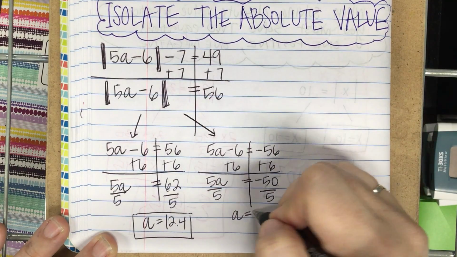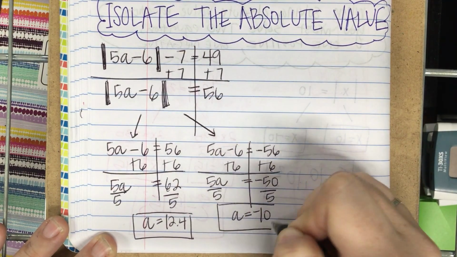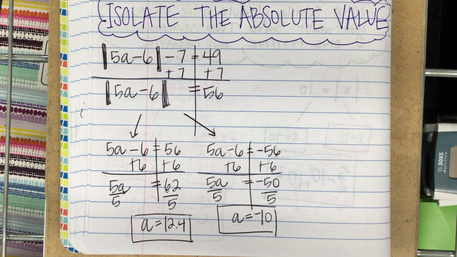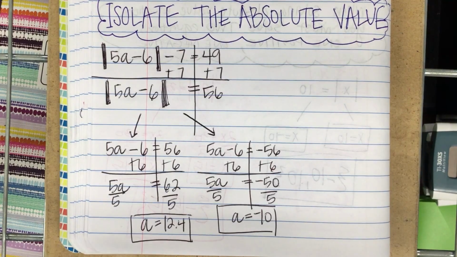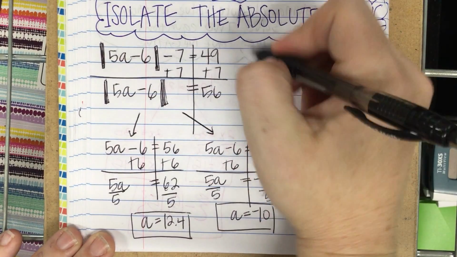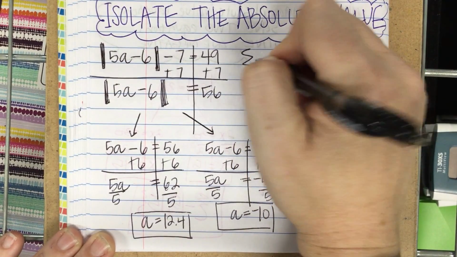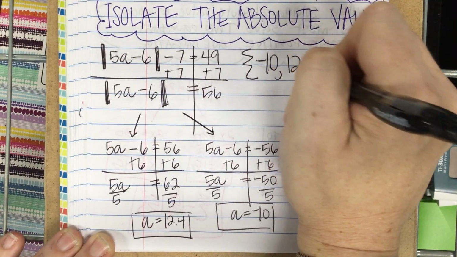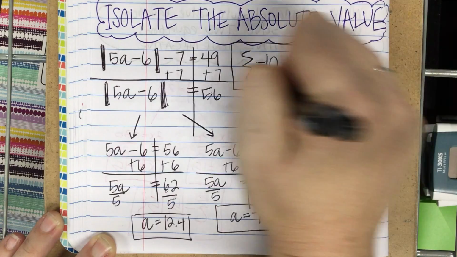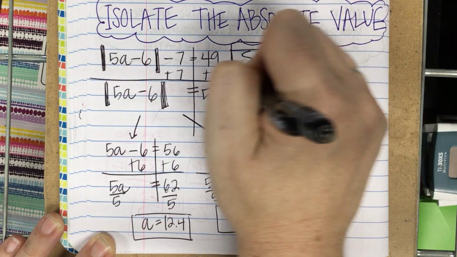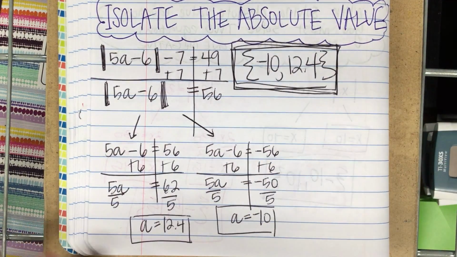A equals negative 10. So my solution, 2 possible answers to this are negative 10 and 12.4. Most of the time, not all the time, but a lot of the time, you'll get a positive value